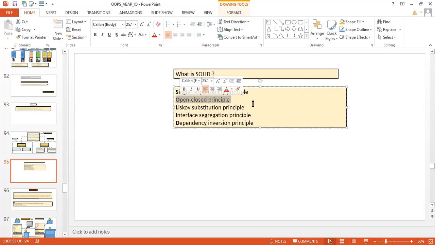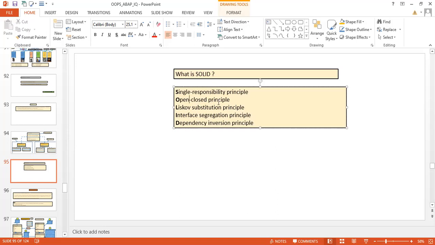Super classes, subclasses, multiple classes you are going to define. So at the time of designing, your design should be in such a way that it should be open for enhancement but closed for modification.